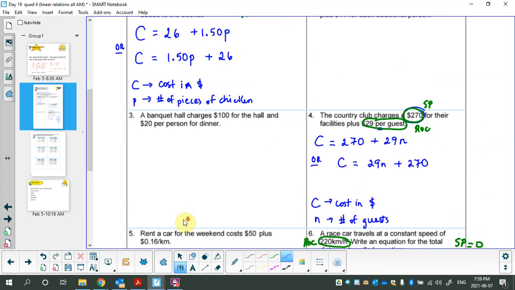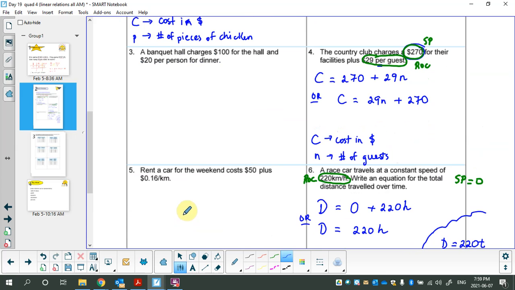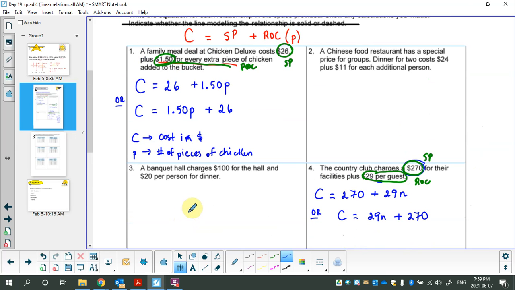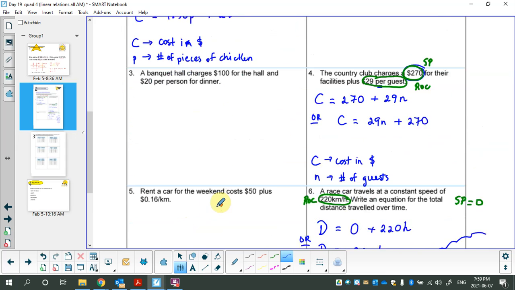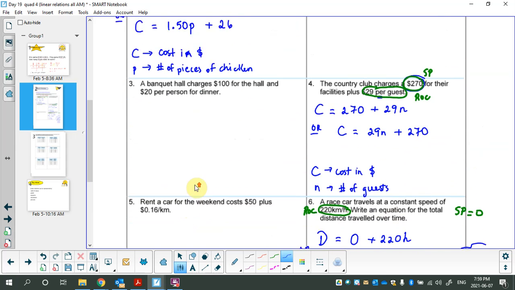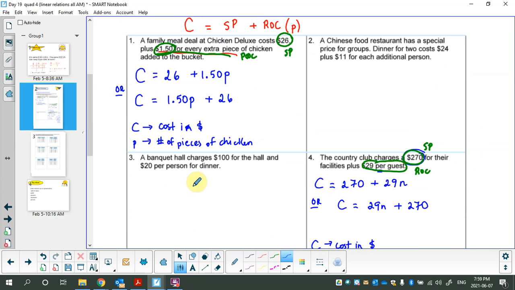So you've got 3 others. The answers are online if you want to check them out. The nice thing about the ones that we have left is they're 2-number questions, so there's no tricks about 0. But before we leave this, I just want to remind you that this is an example